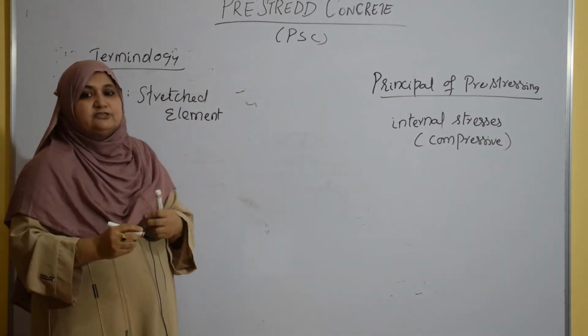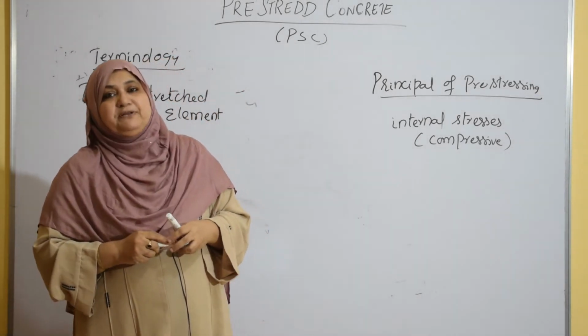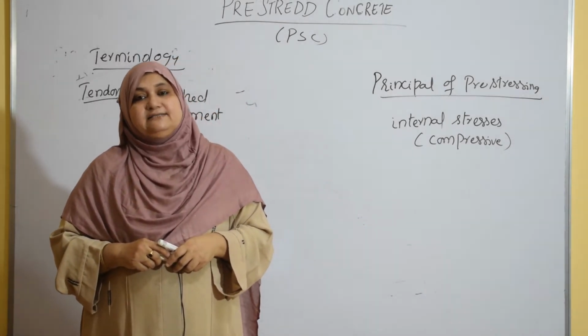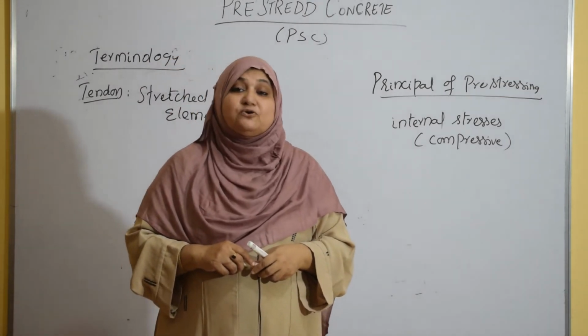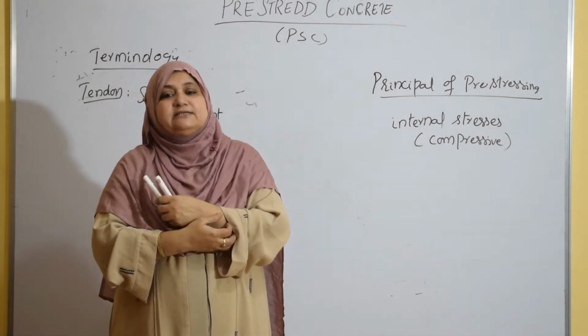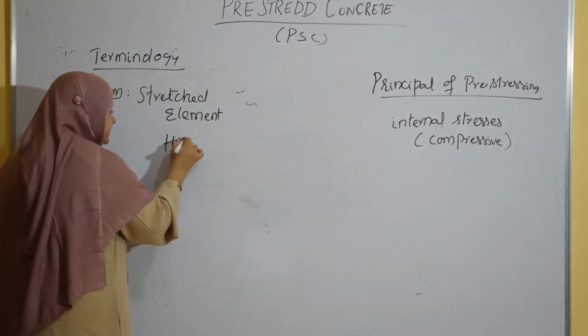It is a stretched element used in concrete members to impart pre-stress to the concrete. Okay. Generally, high tensile steel. Already I told you 1400 Newton per mm square to 2000 Newton per mm square. So high tensile steel wire bars. Okay, wires. High tensile steel